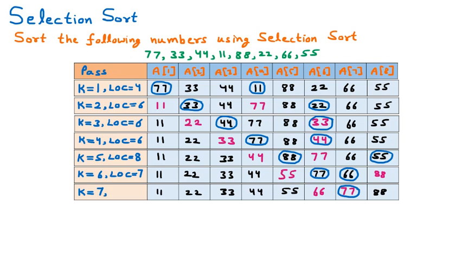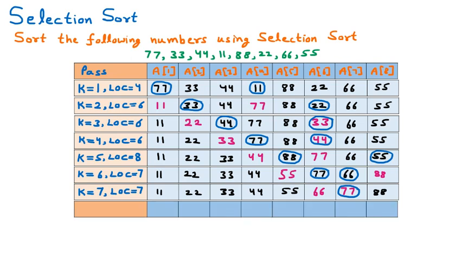Then we are going to find the location of the element which is the minimum. Out of the remaining, there is no element which is smaller here. So here we are going to select the location as 7 because the minimum is 7 and the location is also 7, so that means no swapping takes place. So we can say that we now have the sorted list of elements.